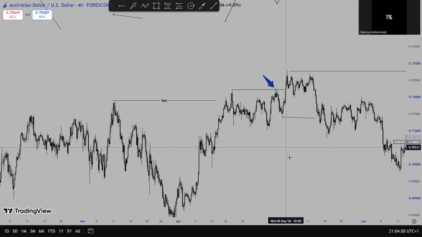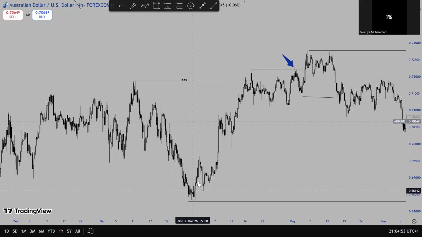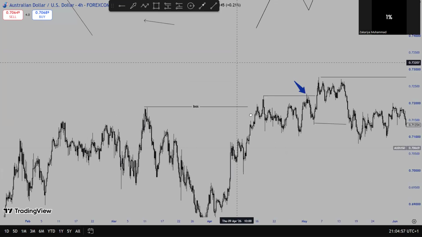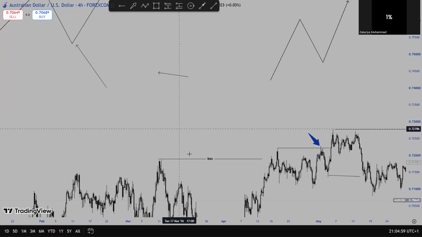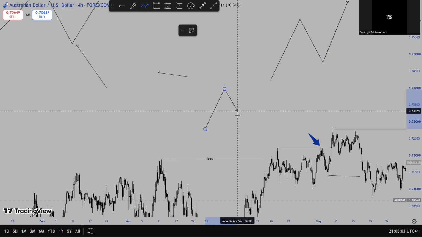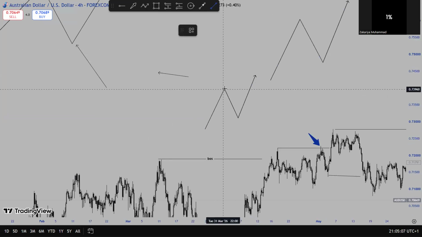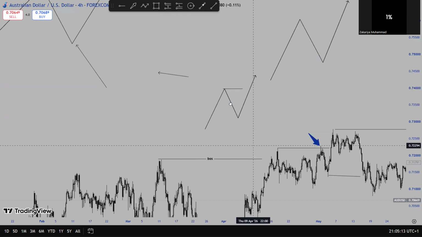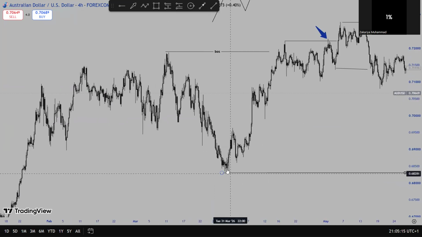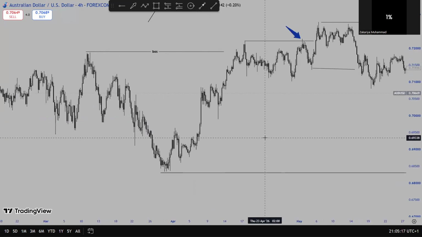We said internal structure is how we can know that market is currently bullish because in higher time frame, we can only identify our what? Our break of structure. We know that market broke structure to the upside. That means we confirm that in higher time frame. This is how you can read your higher time frame structure. But this is not how we can read it in lower time frame. In lower time frame, your internal structure, which is your 4-hour structure,